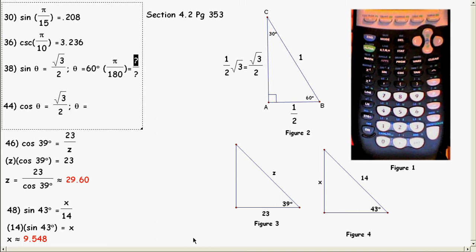Likewise, if we look at that same figure and look at the cosine of 30 degrees, we see that is adjacent over hypotenuse,